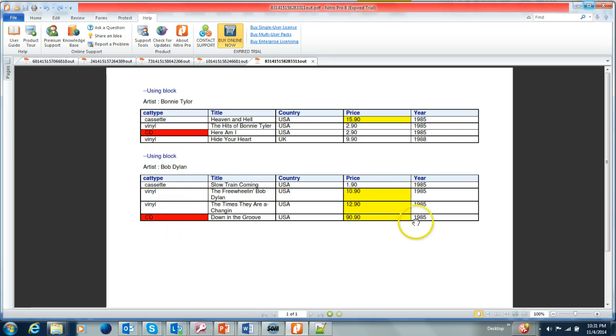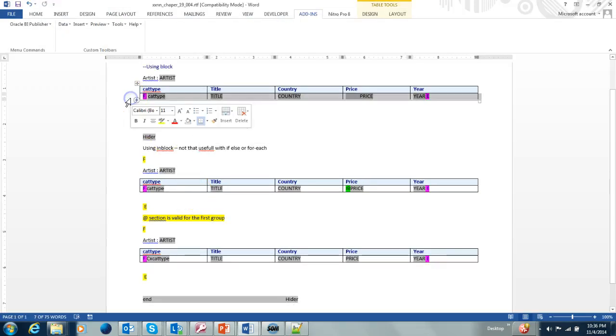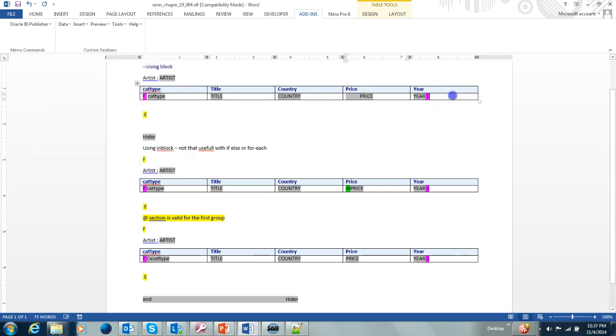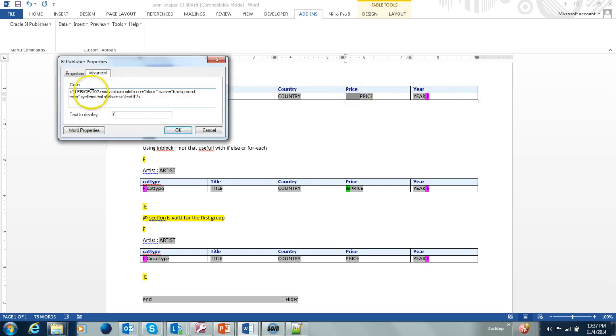So if it's CD, the cell is colored red. Let's try to make the entire row red. To accomplish the entire row being highlighted in a different color, for example, if the price is greater than $10, let's change a little bit. So I'm going to say if at row price is greater than 10, then let's try